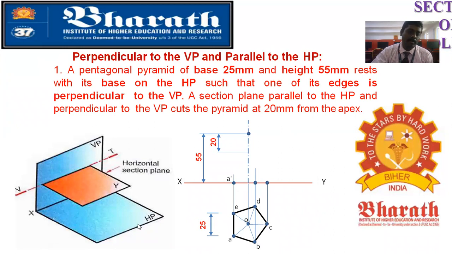That's why in the top view, HP, you have drawn the pentagon here. You are seeing from this side. So that's why you will be seeing towards XY. So ABC is visible to you. So A dash visible, B dash visible, and C dash visible. Now D and E? They are nearer to the VP, and as the observer you are seeing from here, you have the visibility of these 3 points. So D and E are hidden. So indicate them within brackets. D dash within bracket, E dash within bracket.